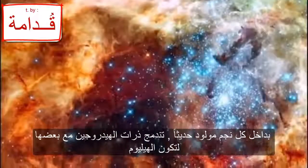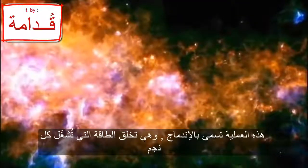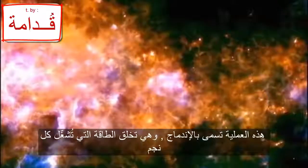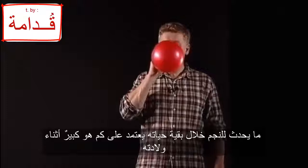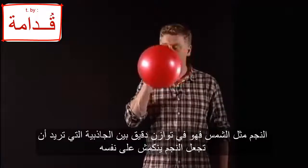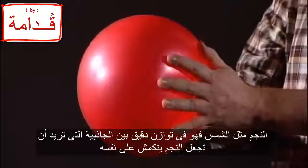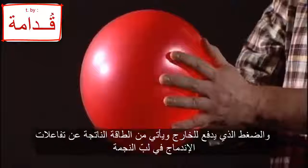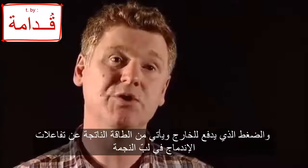Inside every newborn star, hydrogen atoms are fused together to make helium. This process is called fusion, and it creates the energy that powers every star. What happens to a star during the rest of its life depends on how massive it is at its birth. A star like the Sun is in a delicate balance between gravity, which wants to make the star collapse in on itself, and the pressure that pushes outwards that comes from the energy that's been produced in these fusion reactions